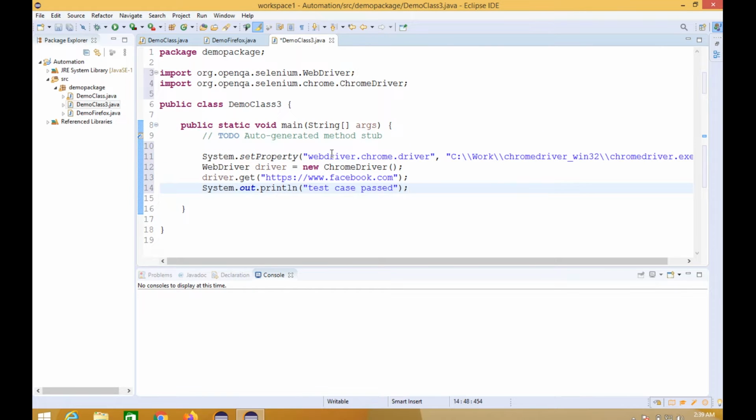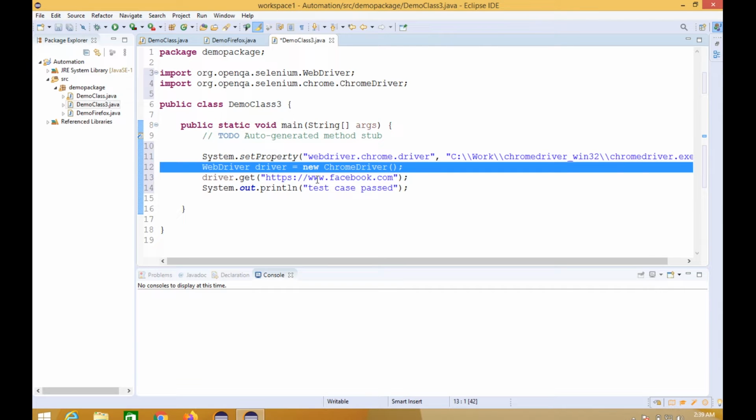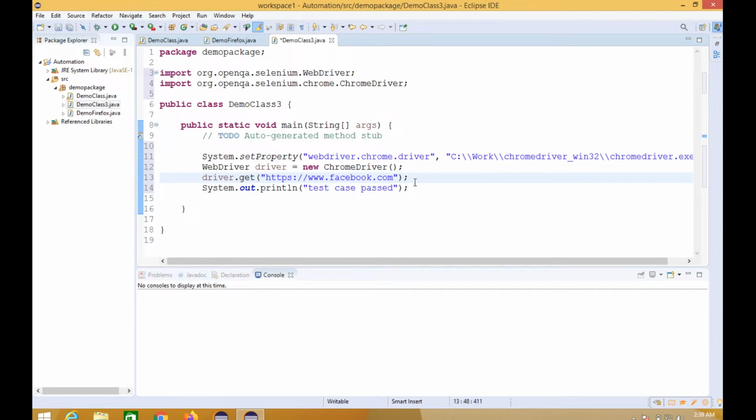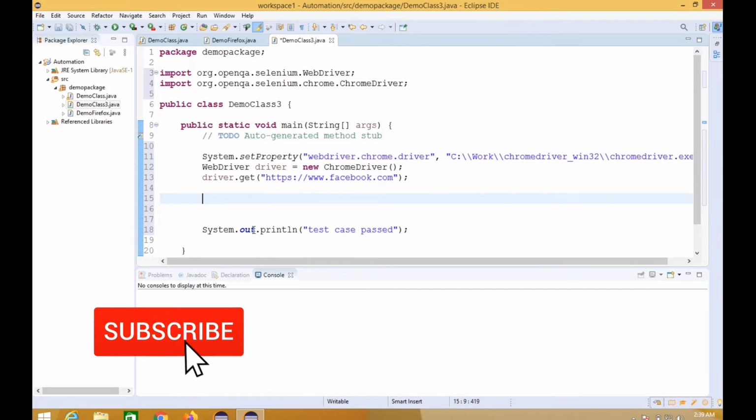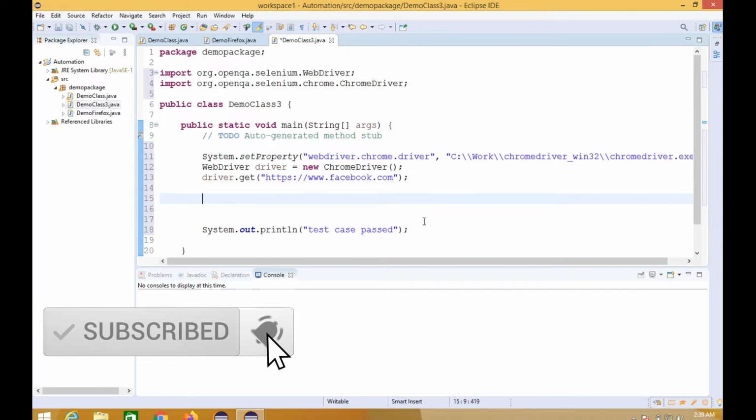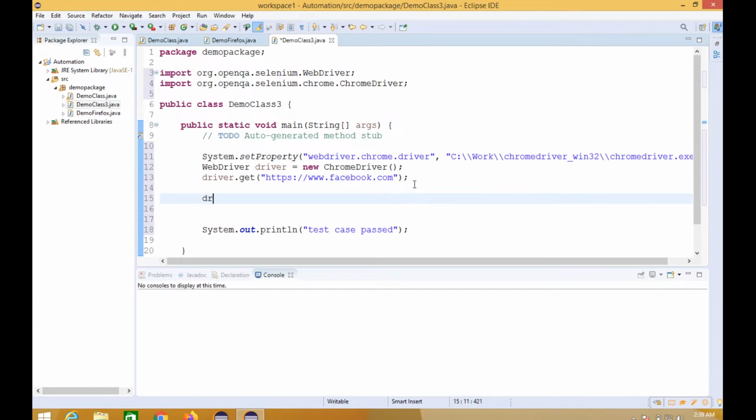So guys, this will open the Chrome browser and it will hit the website facebook.com on that browser, and after that it will print test case is passed. So for today's video we will write our code before this statement for printing the test case is passed string on the console. So guys, to fetch the title, what we have to do is